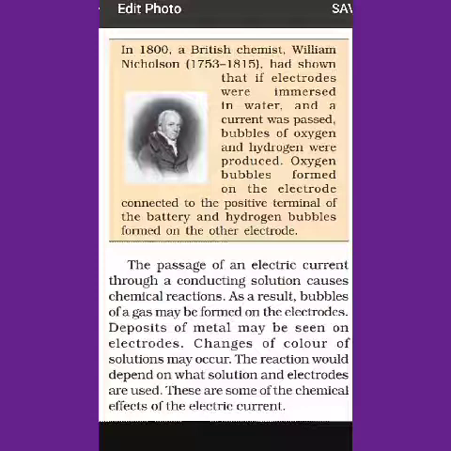These electrodes are the two metal rods which we read in the experiment. These rods are positive and negative. They are anode and cathode. So anode is the positively charged rod and cathode is the negatively charged rod. You will read about this